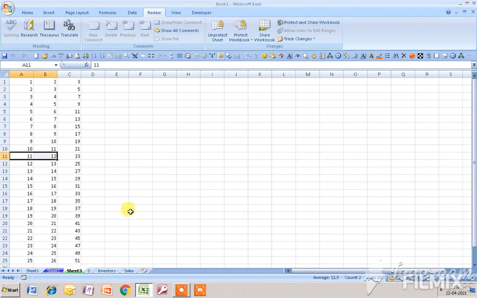I can't change the formulas, but before, I could change the formulas. It is editable, all the formulas were editable, but I can't at present. I can't change any formulas, but I can change the values. I can edit the values. Suppose in place of 1, if I give here 81 and I press enter, then you can see the changes over here. You can see the sum also, but you can't edit the formulas. You can't play with the formulas.